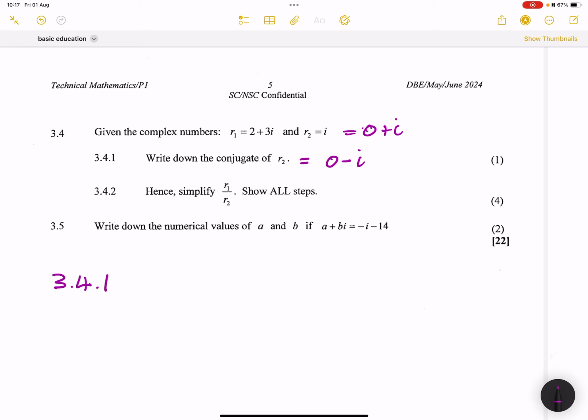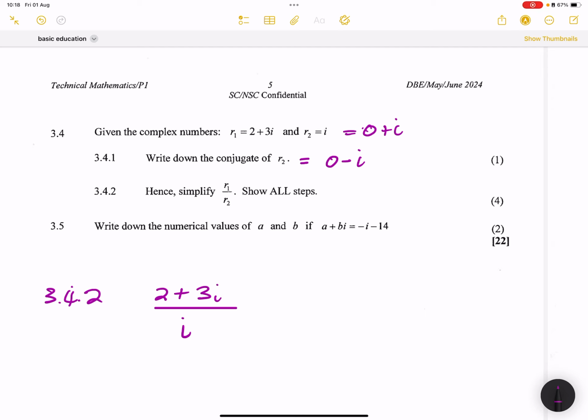Okay, so for 3.4.2, they say hence simplify R1 over R2, show all the steps. So we're going to take R1, which is 2 plus 3i, divided by R2, which is i. So what am I going to do? So multiply